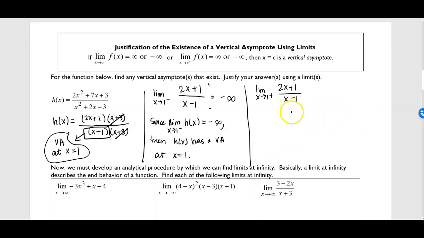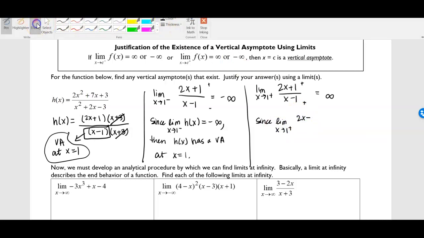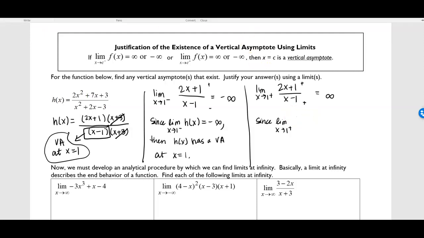Same idea for the right limit, limit as x approaches 1 from the right of 2x plus 1 over x minus 1. So a number a little bit bigger than 1, my numerator would be positive, my denominator would be positive also, and so then my limit is infinity. And so I can say, since the limit as x approaches 1 from the right of h of x, just relating it back to what we were talking about, is equal to positive infinity, then h of x has a vertical asymptote